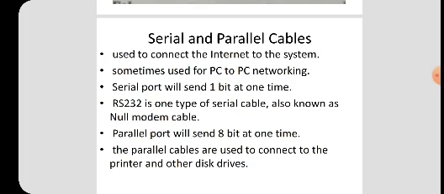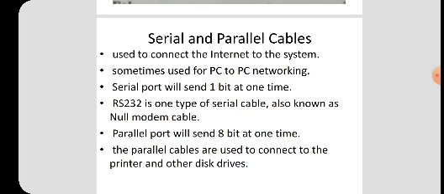Okay, the system will have both a serial port and a parallel port. The serial port will send one bit at one time. For example, RS-232 is one type of serial cable, and it is also known as a null modem cable.